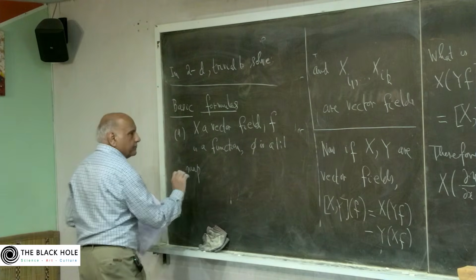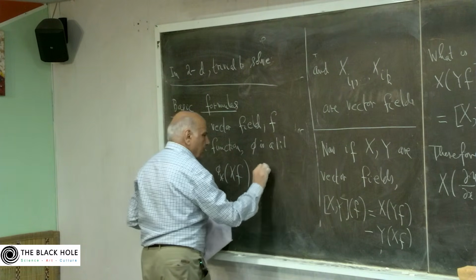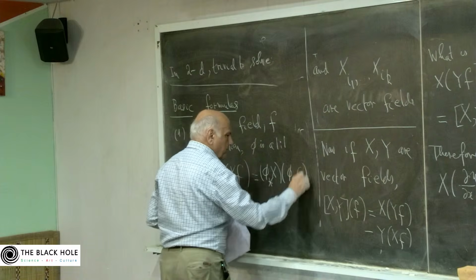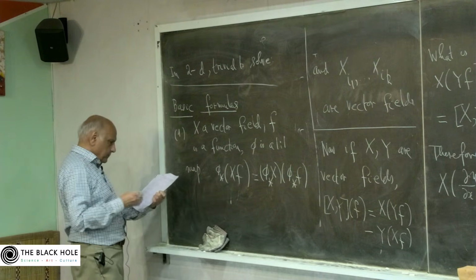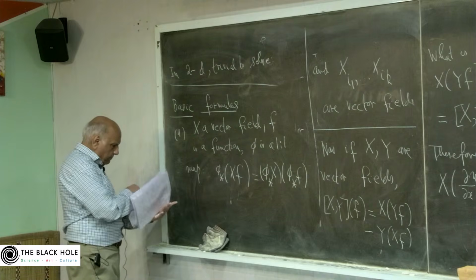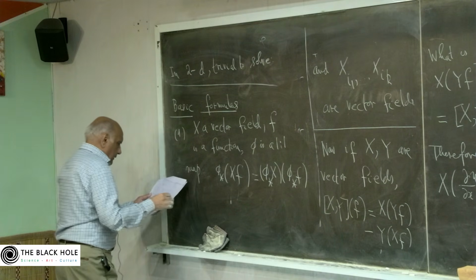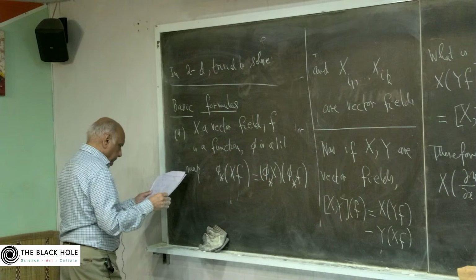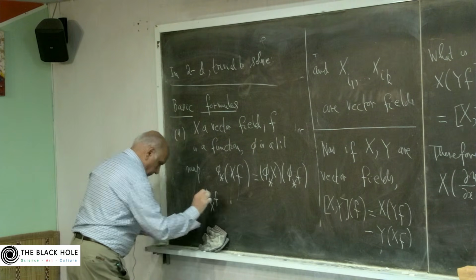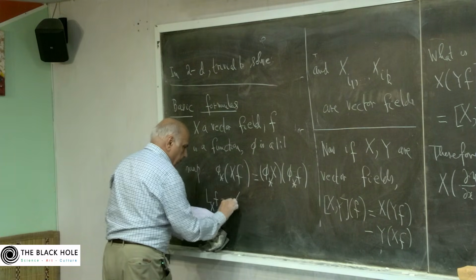So phi star, this is the first formula. Then L_X of f is equal to minus, but it doesn't matter,